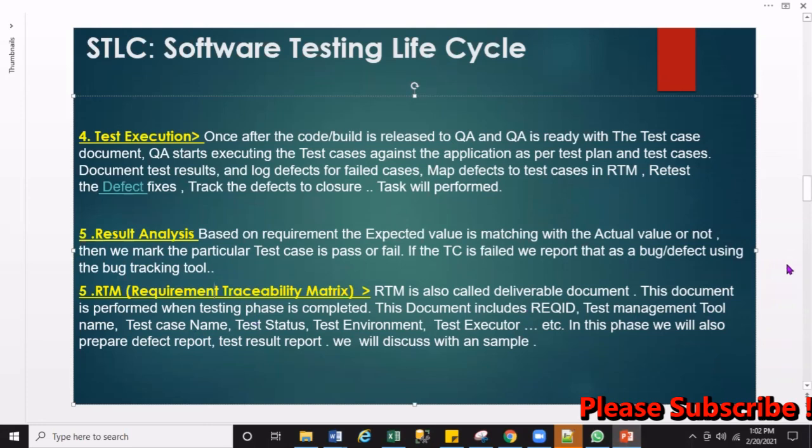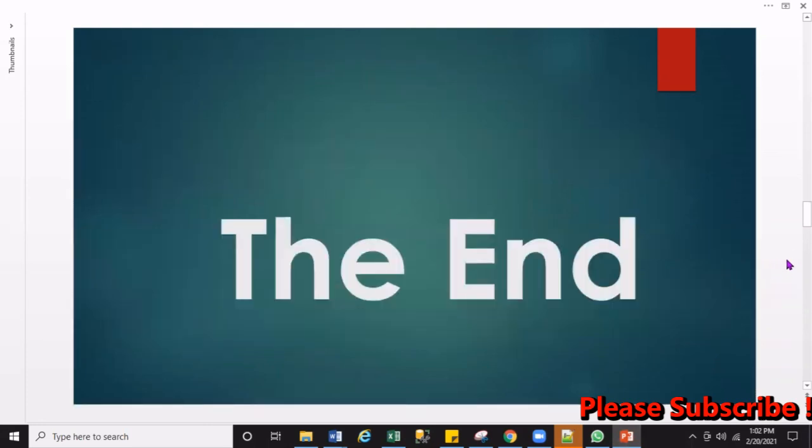Okay, so next, the end. Let's recap quickly what we have learned today. We have learned the software testing life cycle and its various phases.